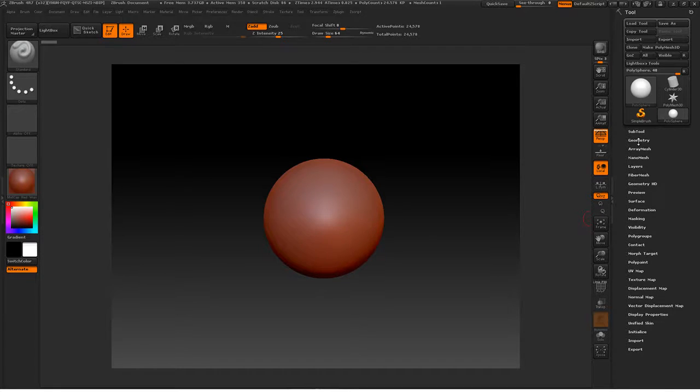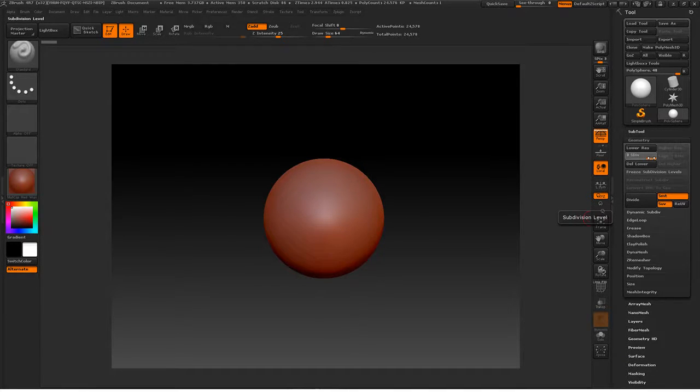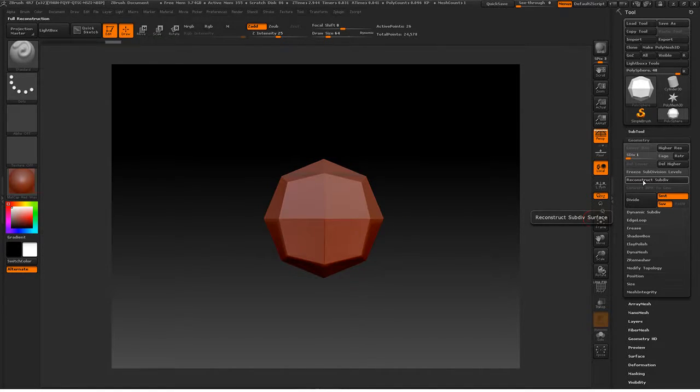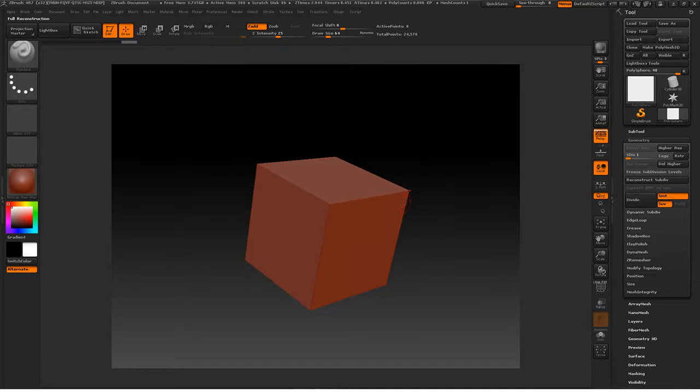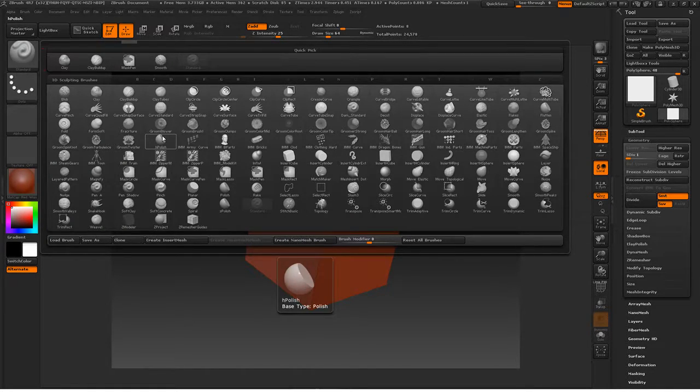So I'm going to want to go into geometry and bring this down to its lowest subdivision level and reconstruct. And this will make it into more of a cube. And then in order to get this cube into more of a wall, we're going to want to bring these edges in, obviously. So we can actually go to ZModeler,